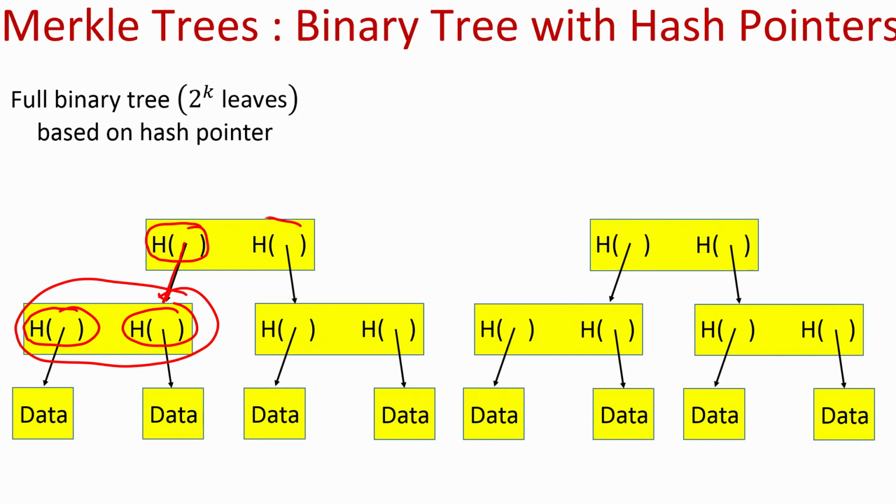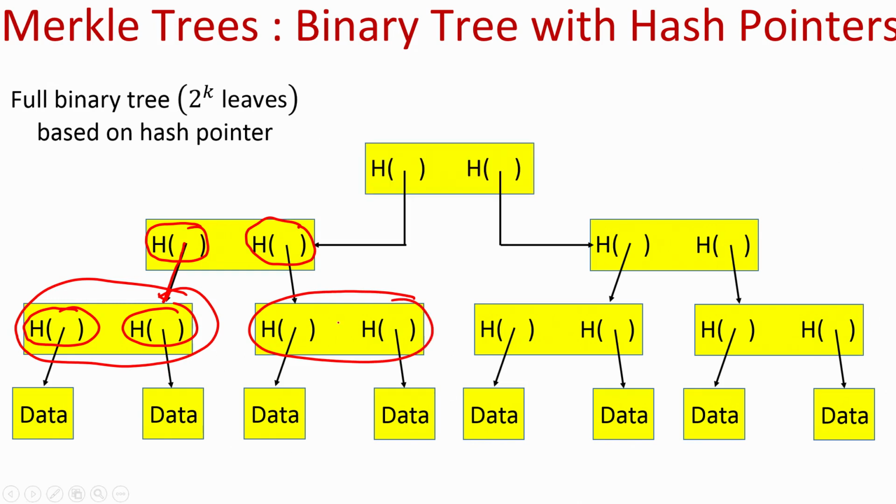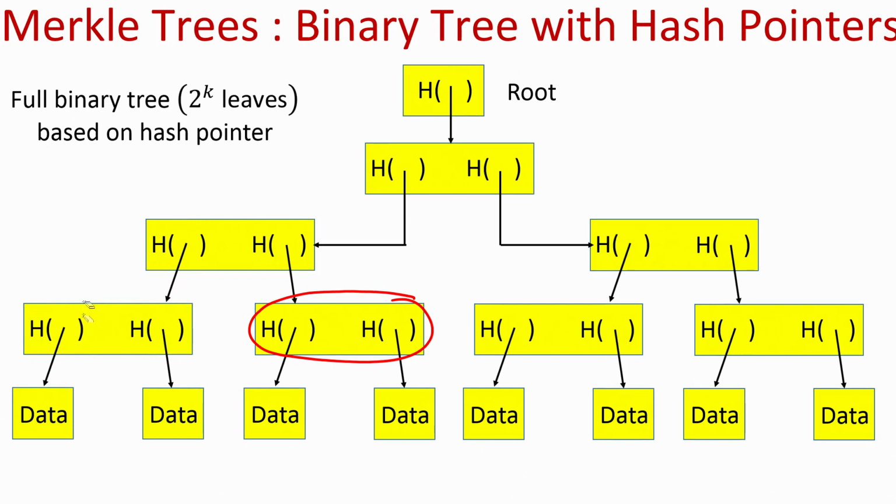In the same way, this hash value is a hash of the concatenation of these two hash values, and so on. We keep going one layer up till we obtain the root hash pointer, and the hash value stored at the root is a short summary of the entire tree. We require that in this Merkle tree the number of leaf nodes should be a power of 2. If that is not the case, then we append dummy nodes to ensure that the number of leaf nodes is indeed a power of 2, and that is required for the overall application here.